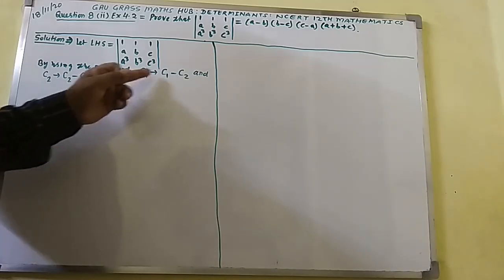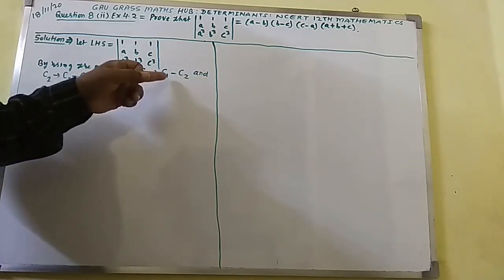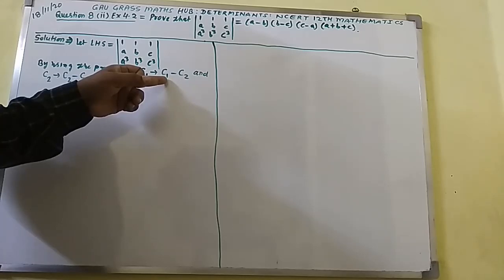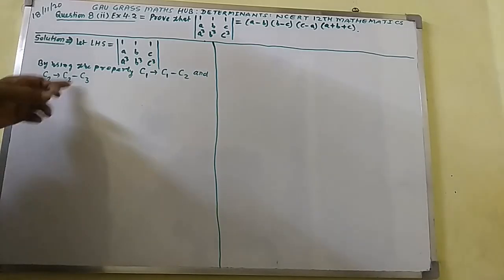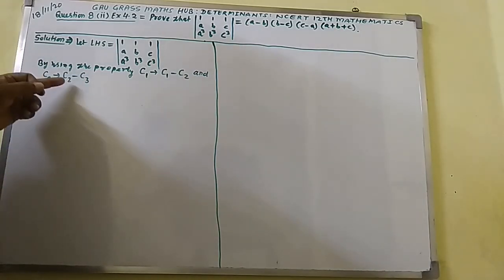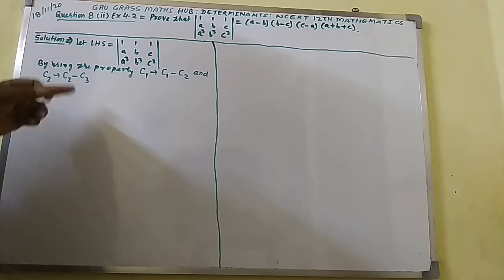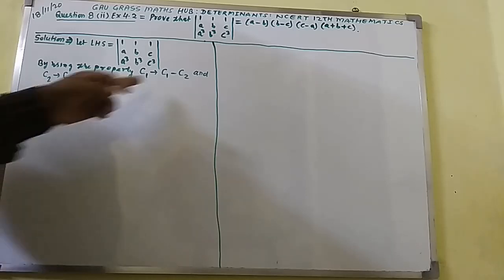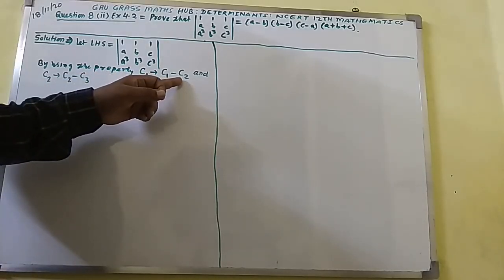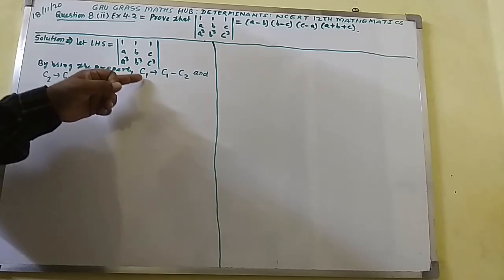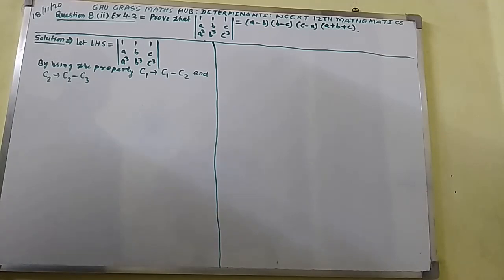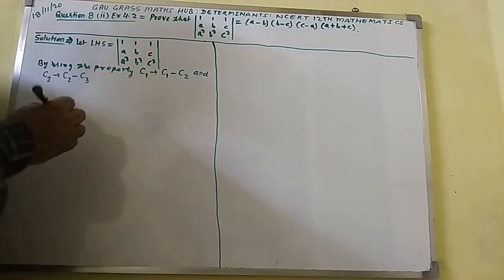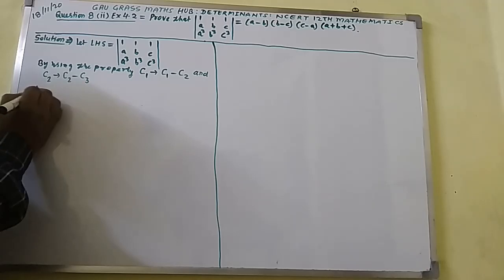Here you can see C1 goes to C1 must be there, since the first column is taken, here the second column will come. Here C2 goes to C2 minus C3, so C2 is there, here C2 must come. Column number 1 and column number 2 are different here. But here C1 goes to C1 must be there, and here C2 goes to C2 must be there. So use this property and you will get the determinant equal to,